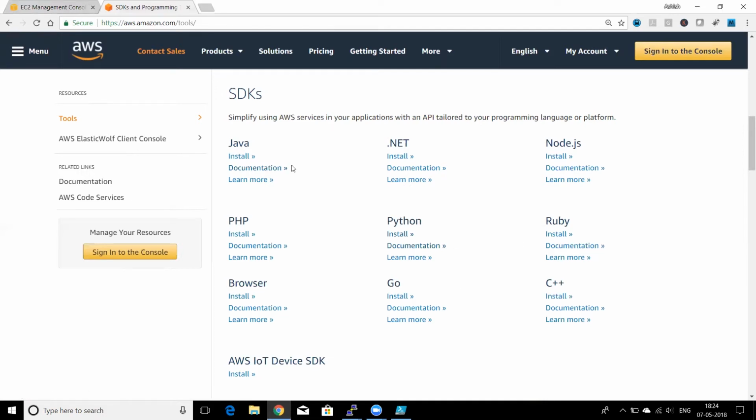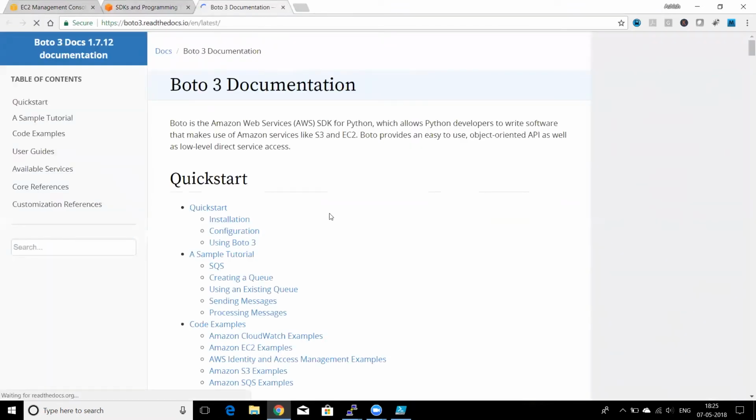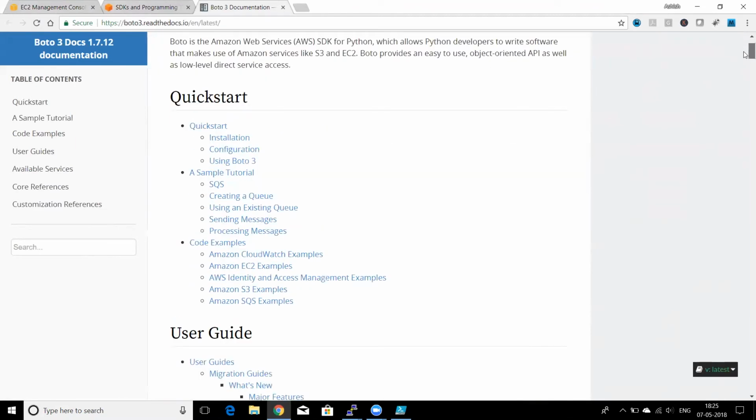If you are a developer and you use these languages, the APIs are already there. You just need to import the libraries and start using those built-in functions. To show you an example, we can go to Python, where there is a Boto3 library that has been created for accessing AWS resources. If we click on documentation, you will go to boto3.readthedocs.io, and from here you can see how to install the Boto3 library, how to import it, and how to configure it,